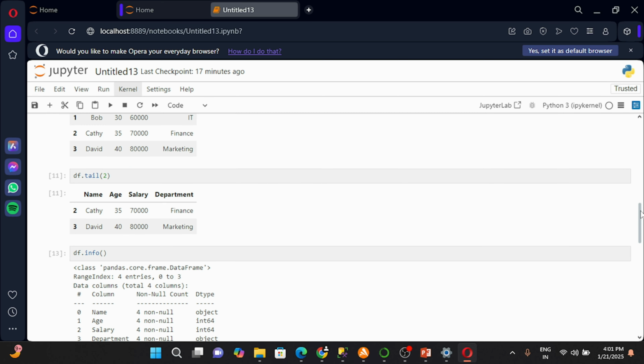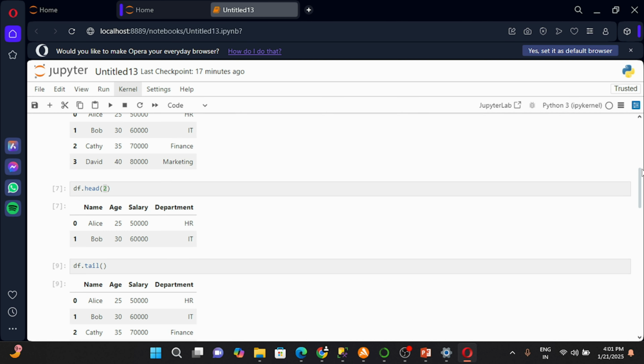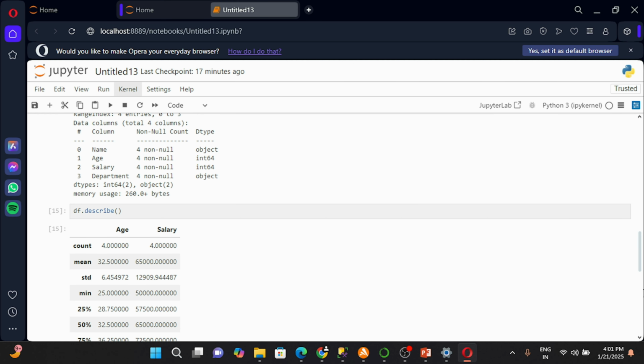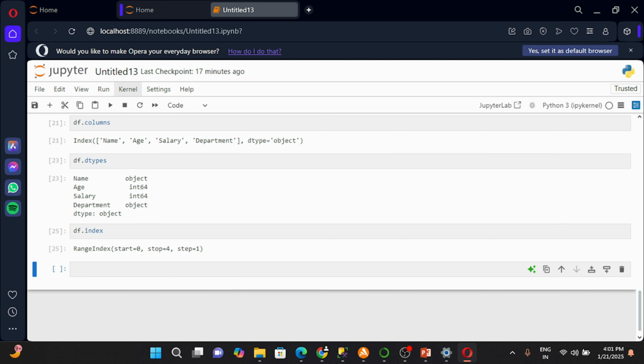Stop equal to four. Stop means till where we have to stop; since we have four rows, we stop at four. And what is the step we are taking? One step. So the index shows us the index information, like range or custom index labels, correct?